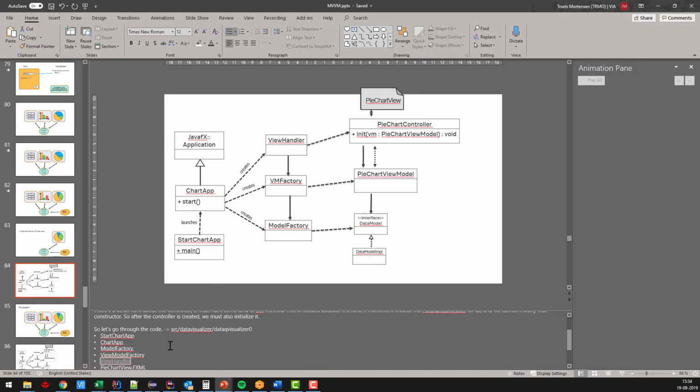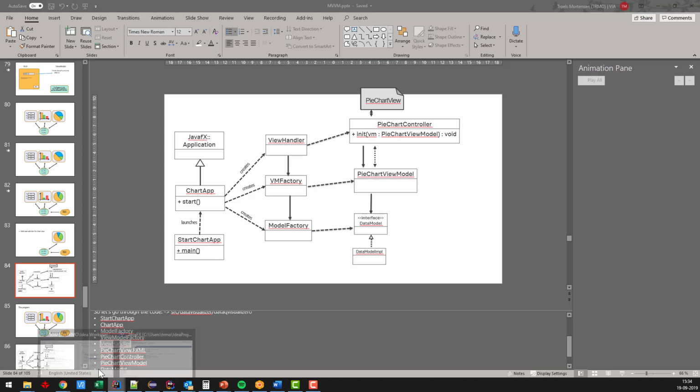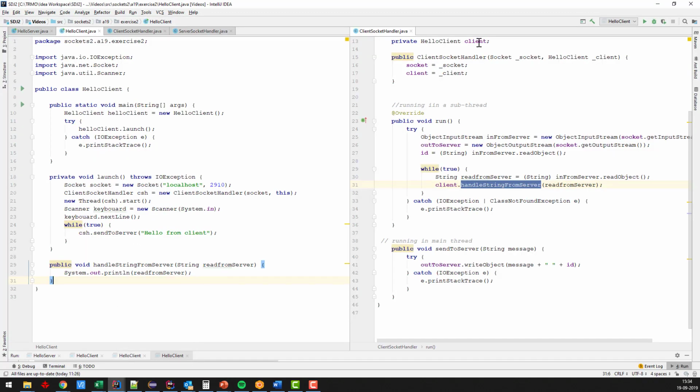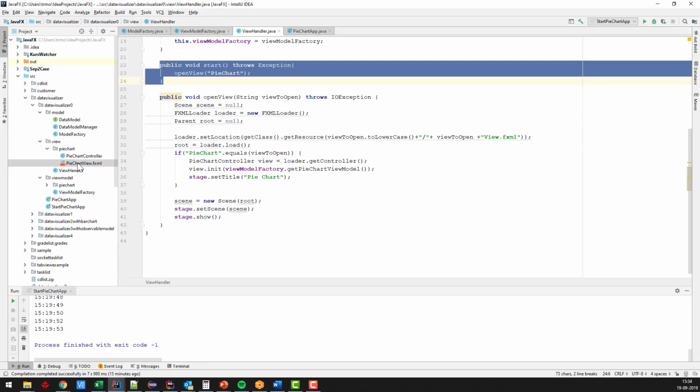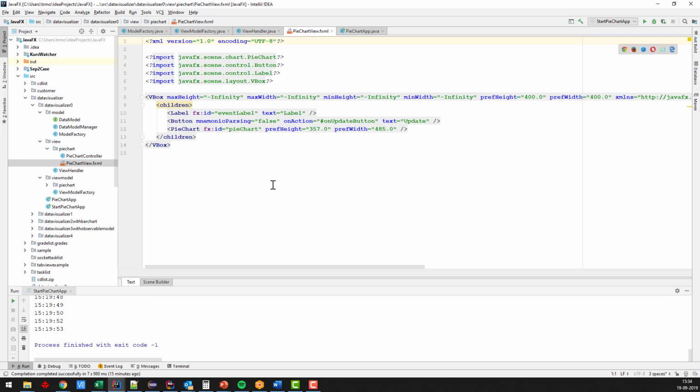In the next class here, my pie chart view FXML, this one up here. So I have gone through these 5 classes. Let's look at how I defined my pie chart view. Okay, JavaFX. And let's look at this one. So now it's a bunch of JavaFX. It's not all that interesting, but I just wanted to say that you can get a lot of information about